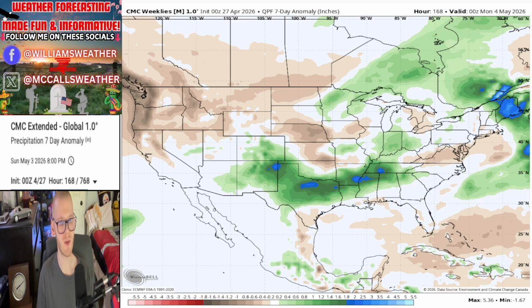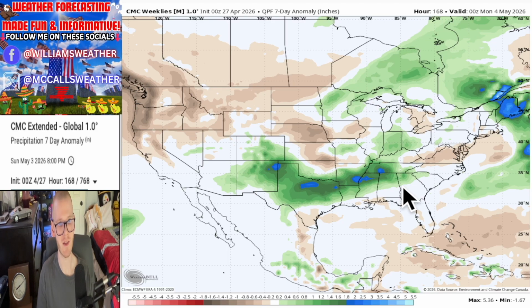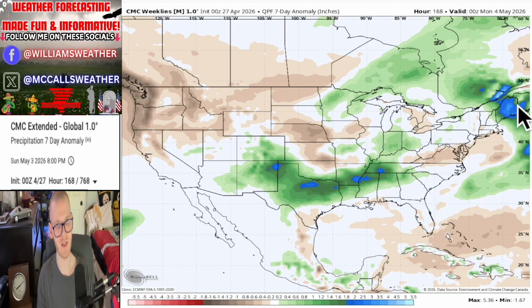Well, they're all showing us pretty much the same story here at the beginning of the month, with above average here in the southern half of the country, but this one's showing a little bit more above average here in the Ohio Valley, Great Lakes, and upper Midwest, while the Northwest all the way here into the Central Plains is going to be leaning below average. Northeast, we stick with the CMC. Northeast is going to be above average up there.